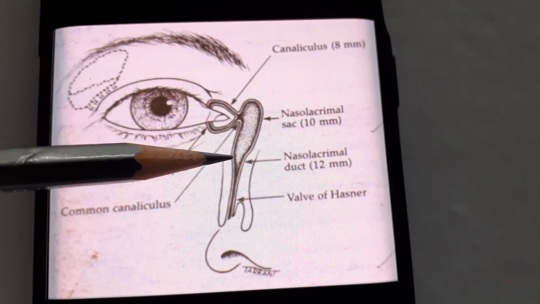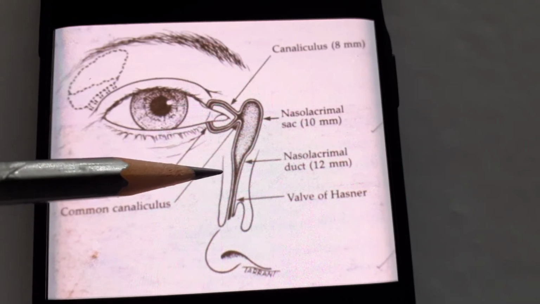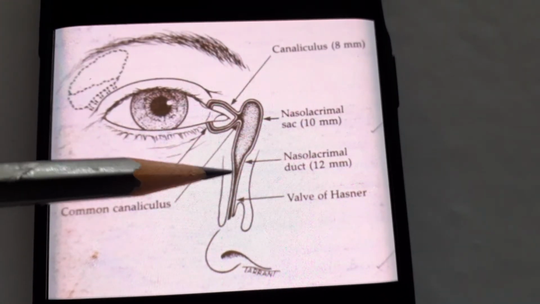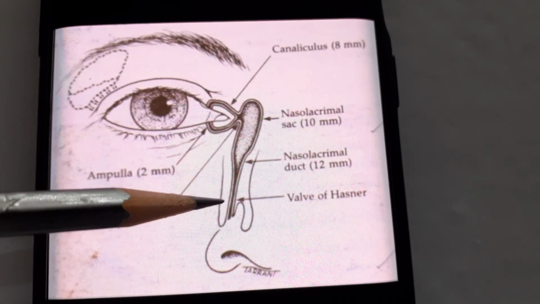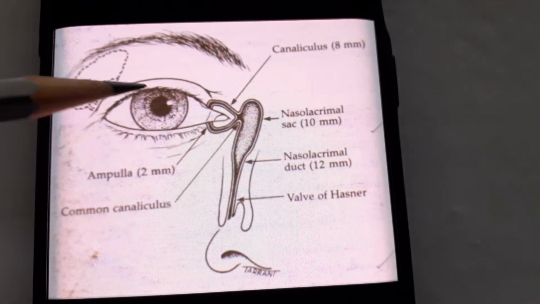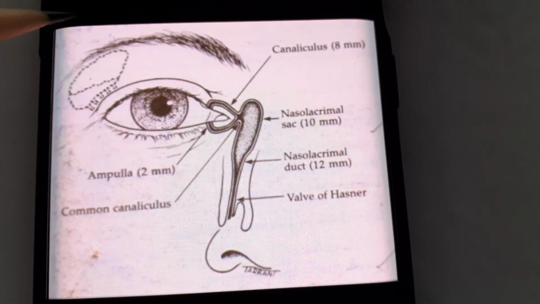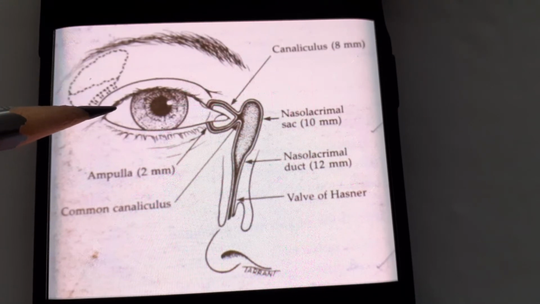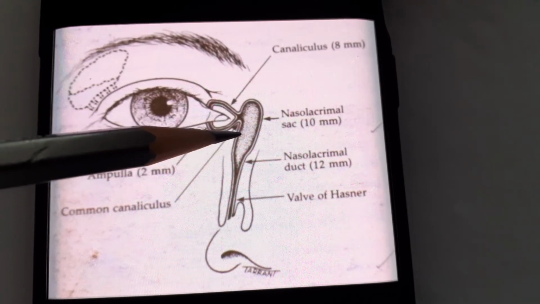From the membranous sac, that is the lacrimal sac, it opens into the membranous passage, that is the nasolacrimal duct. Ultimately, it opens into the inferior meatus of the nose and is bounded by an imperfect wall, the valve of Hasner. So this is the lacrimal apparatus, which is nothing but the formation, secretion and transport of tear fluid from the gland to the puncta, to the canaliculi, to the lacrimal sac, and ultimately into the nasolacrimal duct.